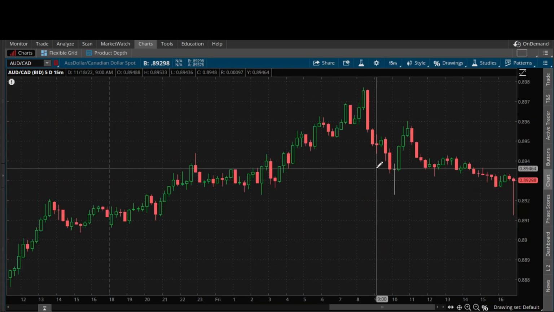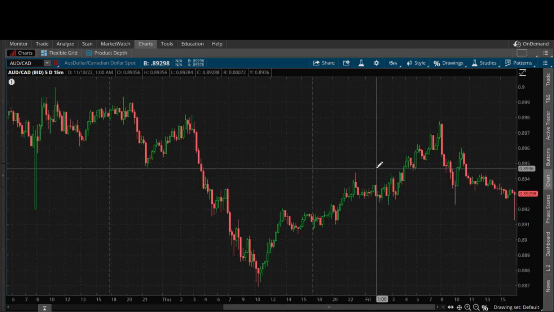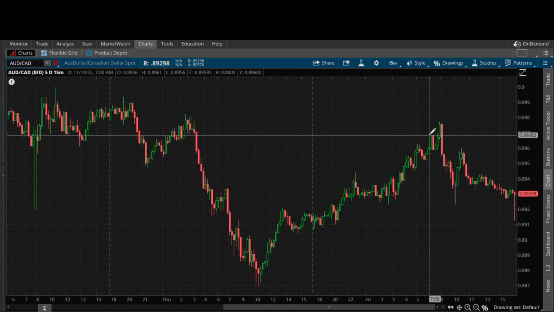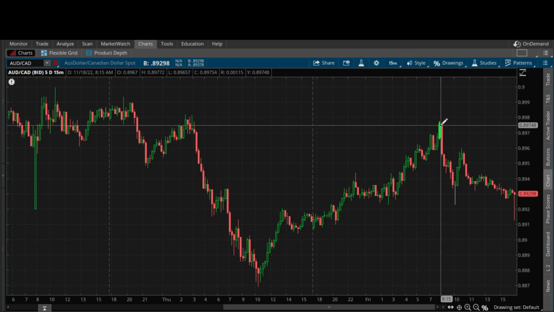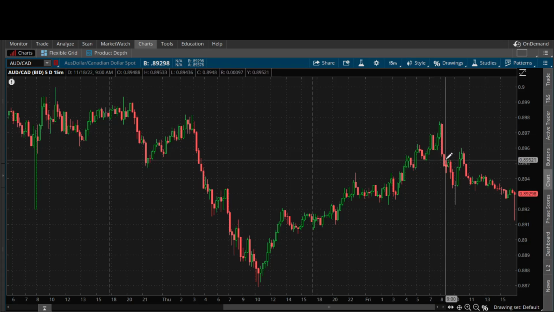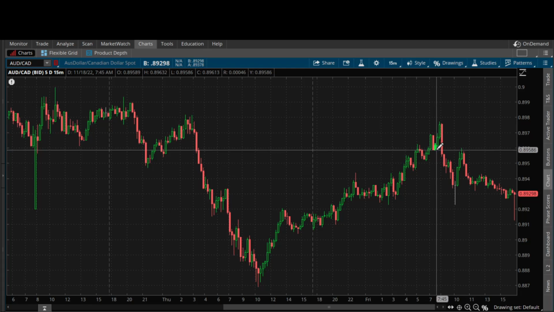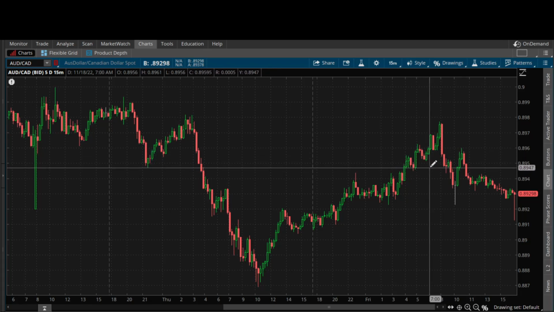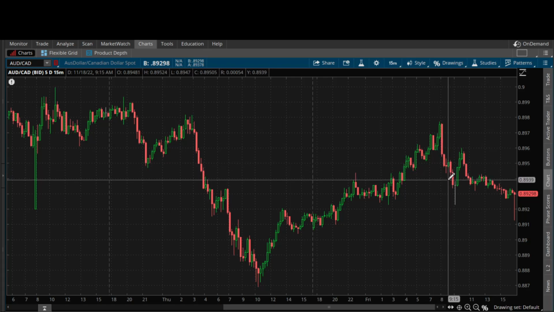Because here's another example. Right here, price was coming up, it was coming up, it was coming up, it takes out this high right here. It's in what? It's in a premium. What happens? Boom, as soon as it sells off, takes out these lows, takes out these lows, takes out these lows, it's in a discount. It's cheap, but it keeps getting cheaper. Like I said earlier, just because it's in a discount doesn't mean it needs to turn around right now, okay? And you don't need it to. That's why you utilize multiple time frames to look for that confirmation.